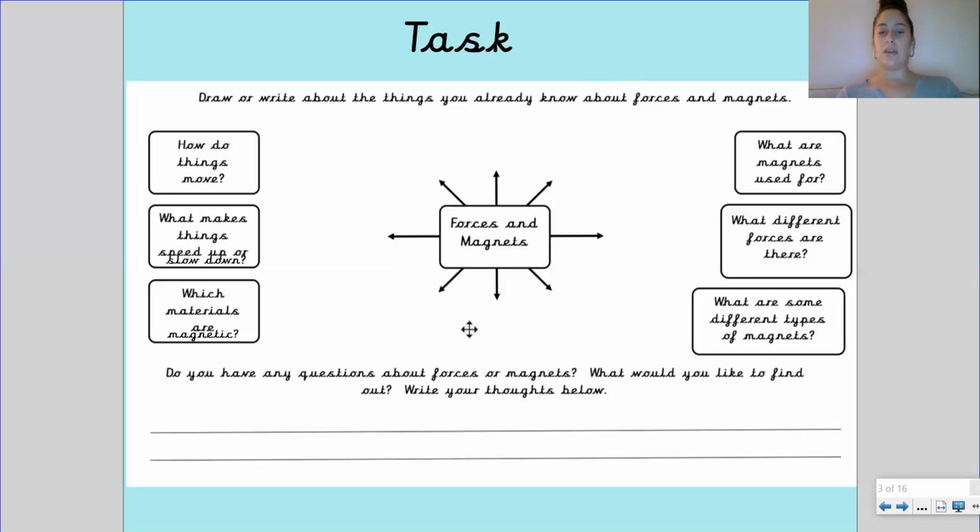Make sure that you keep your sheet safe. Make sure your presentation is neat, because the work that you do is going to go onto Tapestry. So do your best presentation just like you would if you were at school, your best handwriting, your neatest work. And then once you're done, take a picture and upload it onto